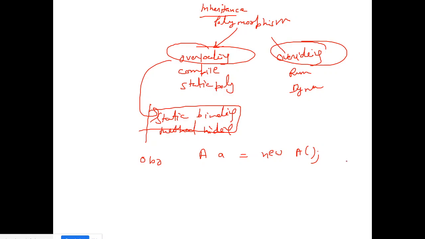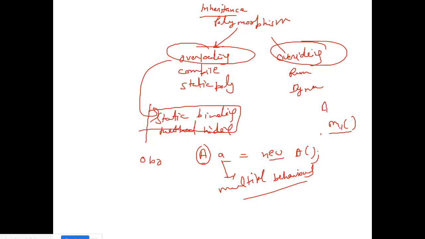Suppose we declare an object for a class like this. Suppose there is a class A and we declare an object like this. If this same object has multiple behaviors, or behaves differently, suppose the method is m1 and this same method behaves differently, then it's about polymorphism. How this polymorphism works and what overloading and overriding are, let me come to that topic first.